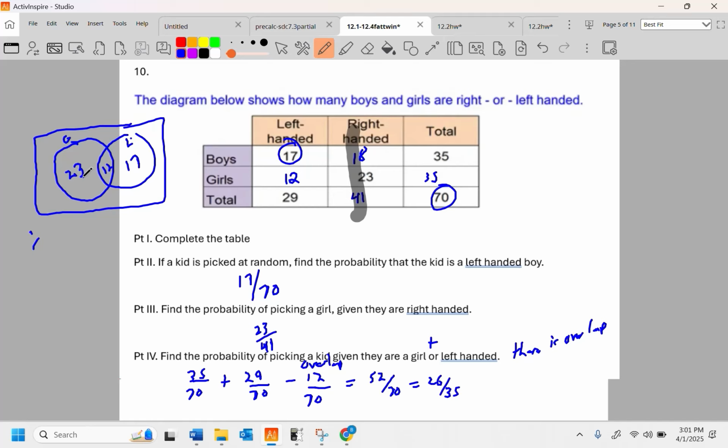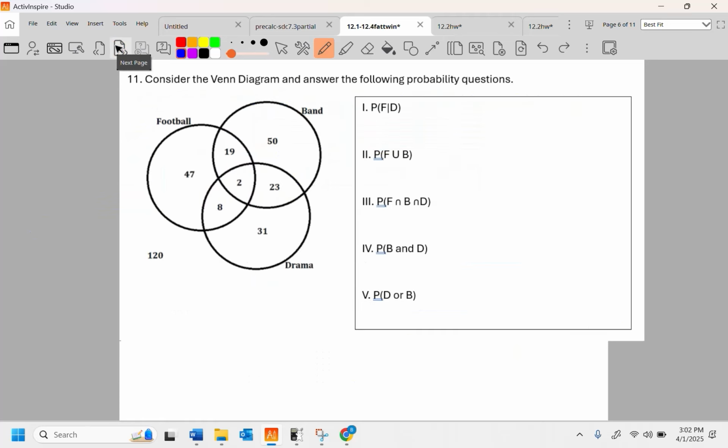Seems like I've done something wrong. I feel like I've done something wrong. Oh, no, I haven't. Just add the things up. 23 and 12 and 17 is what I got to add. So that's going to be 29 and 23, which is 52. Sorry, I'm tired. All right, consider the Venn